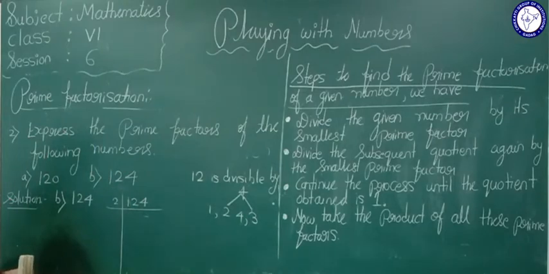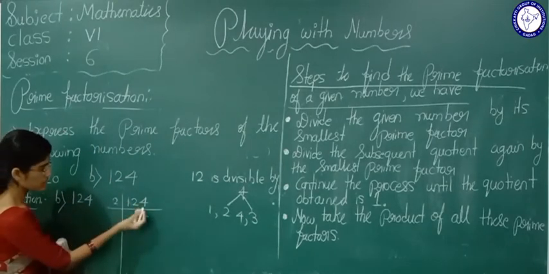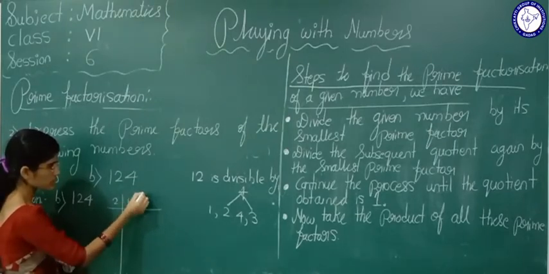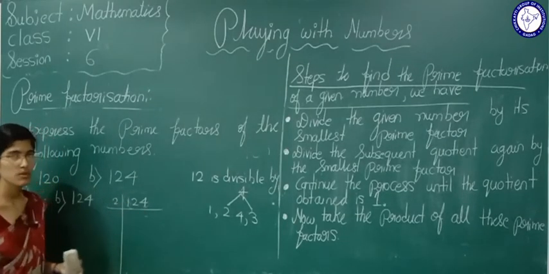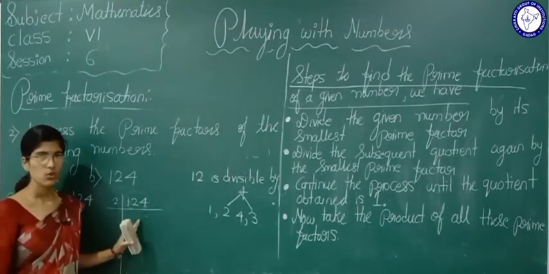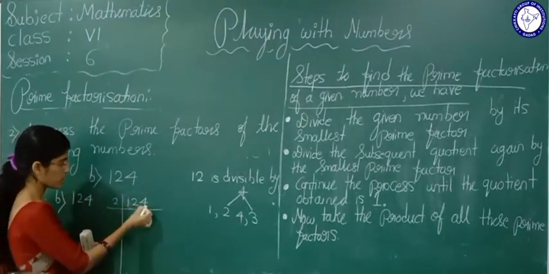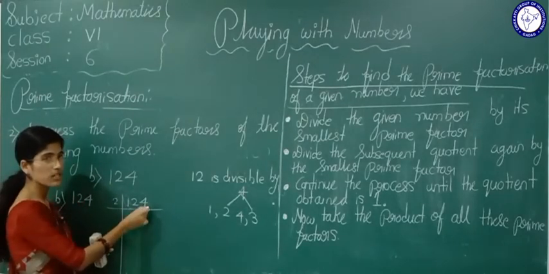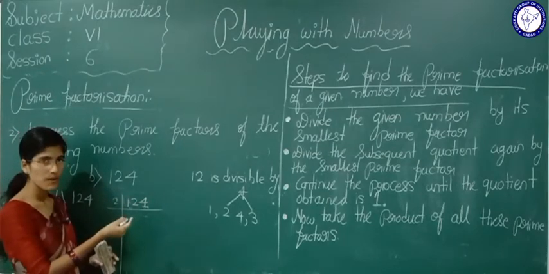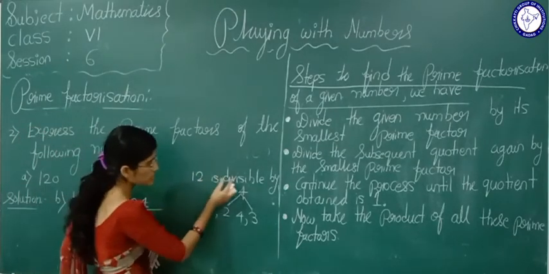Okay, now see here what I want to tell is, here in units place, what is there? 4 is there. If in units place 4 is there, means this number is divisible by what? This number is divisible by 2. Yes. Here in units place 4 is there. If here in units place 4 is there, means definitely this number is divisible by 2. Yes or no? Now see 12 is divisible by 4.